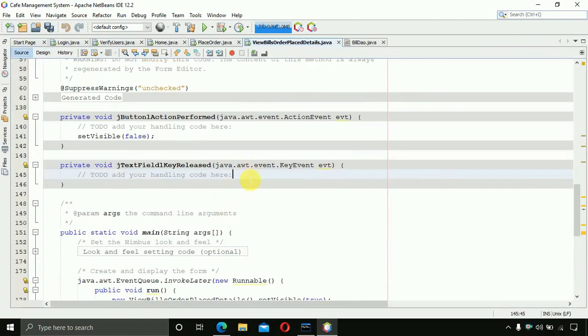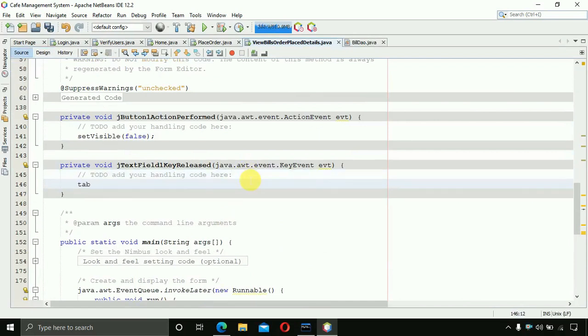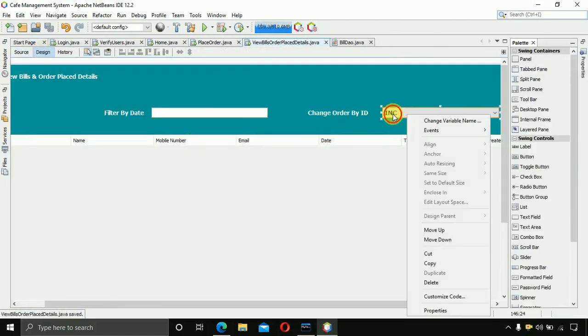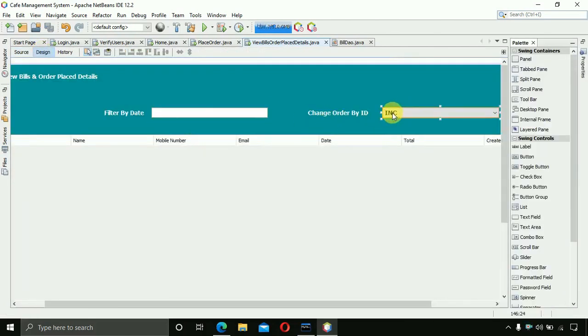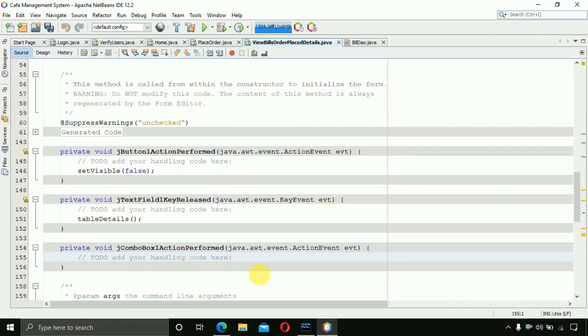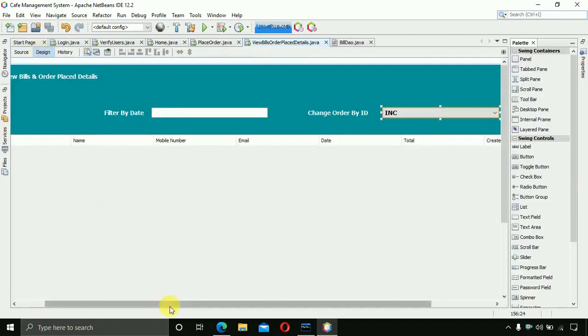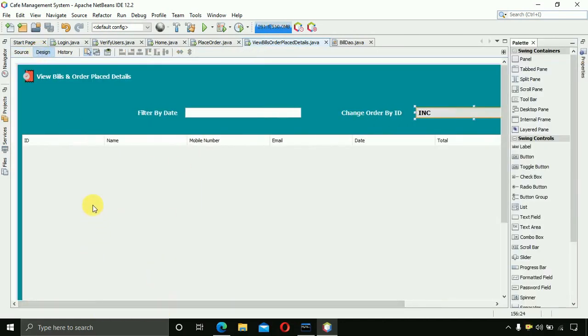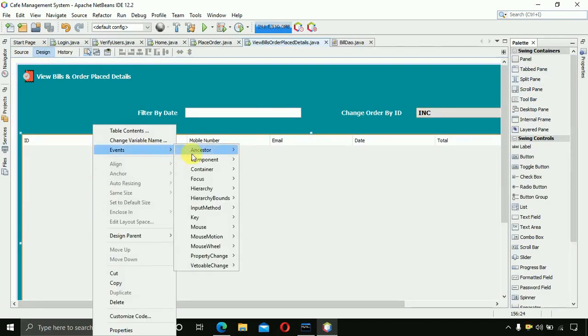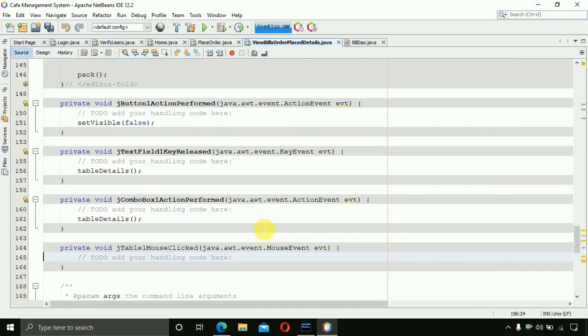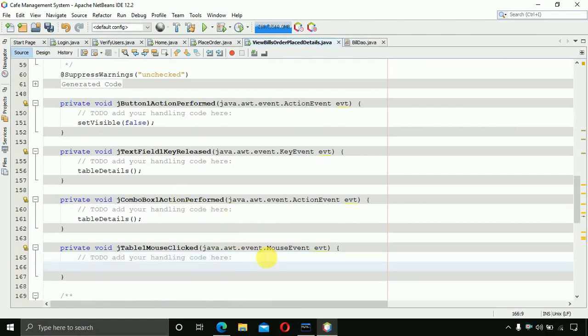So in that case, here we are going to call the table details, and for this one just double click on this, it will generate an action. So in that we are going to call the table details, and at last, when we click on the table by using the mouse, then it should open the PDF, right? So just generate that event, mouse clicked event, this one, and